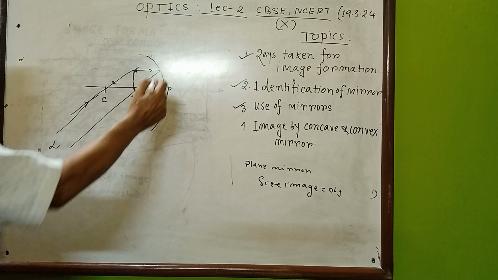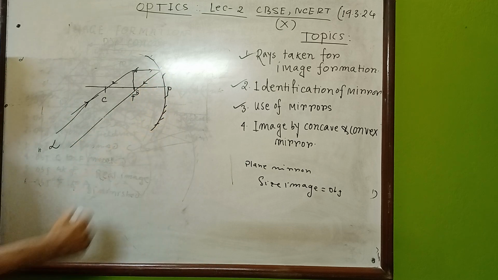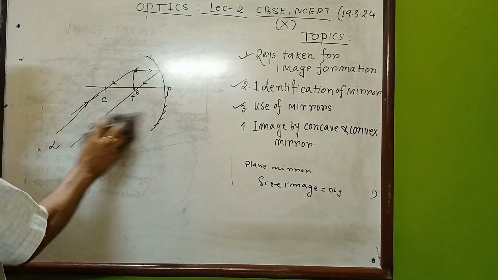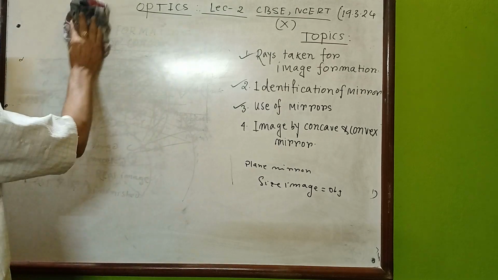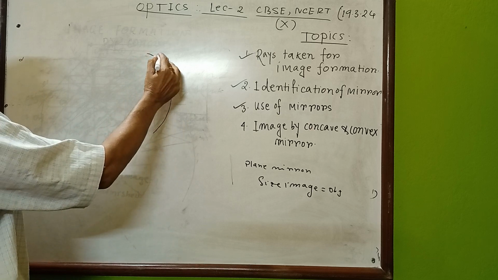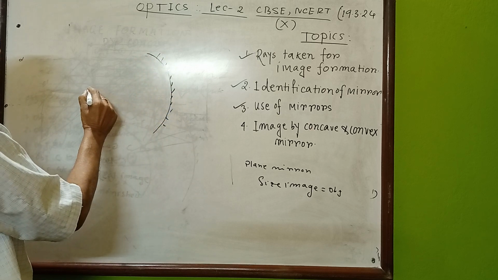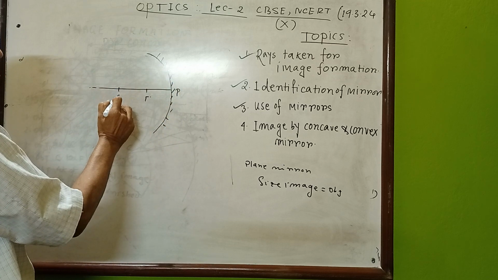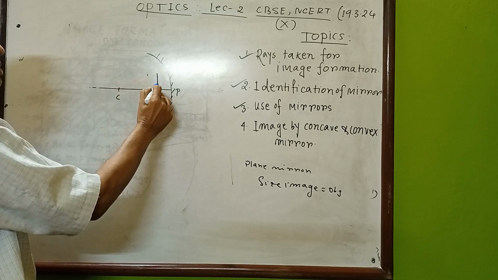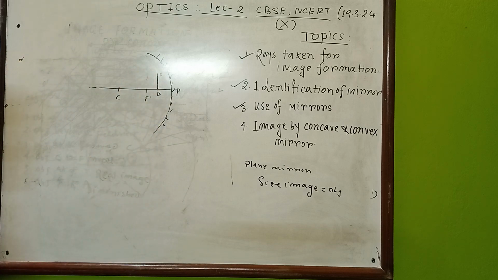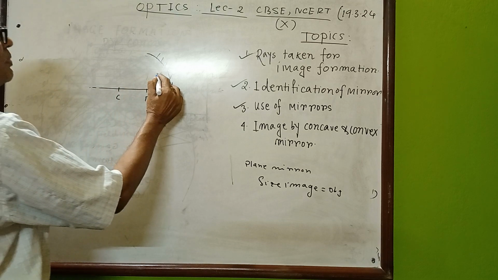Next I am considering the object between pole and focus. Now the object is in between pole and focus. Always remember, again I am considering, the revision class will follow me. This is the pole, this is F, double of this is C. So this is the object. Children, always remember, the object is placed on the left hand side of the mirror. It is a general norm. So first draw the parallel ray,